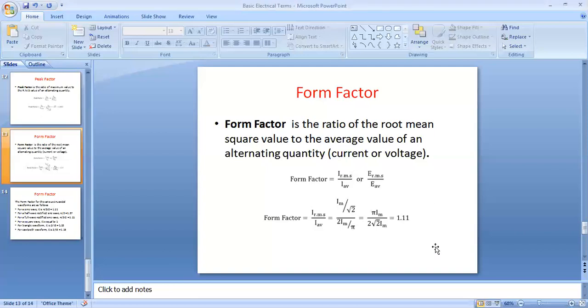There is a relation between peak value, average value and RMS value of alternating quantity. Therefore, to express the relationship between all these three quantities, two factors are used, namely peak factor and form factor. The form factor for various waveforms